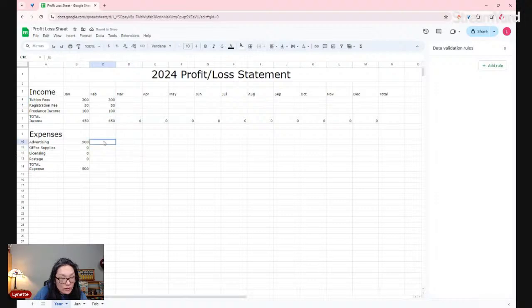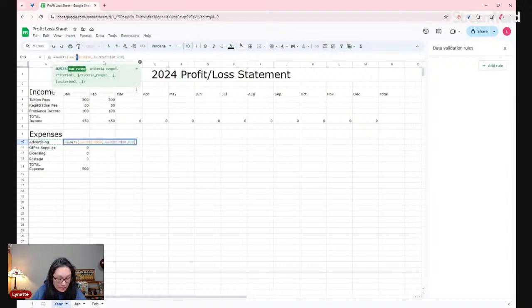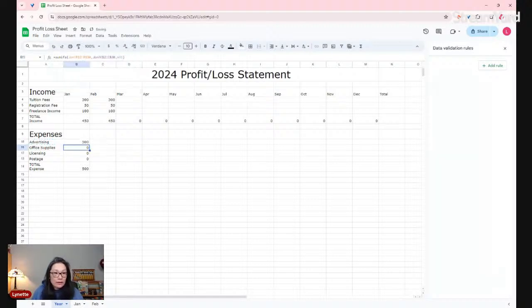Okay, so now we're going to do the same thing here with all our expenses. Oh, okay. So what I should do is actually use dollar signs. What does that mean? So I take this and I say $E, and then $E with $, because those are my constants. That's what I want. And then my A will be $, with my 10. Right. Okay. So then if I copy this and I paste it here, see how it says 500, but this